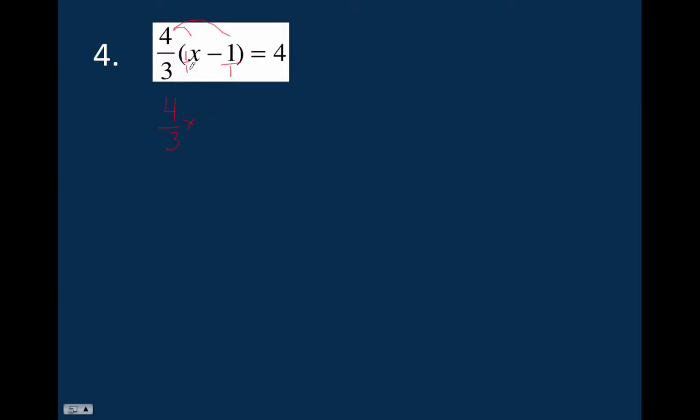Negative 1 times 4, top to top, bottom to bottom, so negative 1 times 4 is negative 4, and 3 times 1 is 3. So we haven't done anything different, we just multiply the 4/3 times each term. So now what we need to do is do like we normally do. We have negative 4/3 here. What we're going to do is we're going to add 4/3 to each side. Those cancel out. So we get 4/3